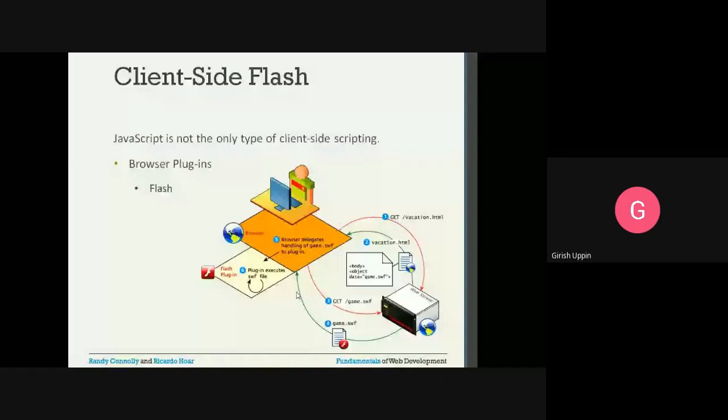Then the browser delegates the handling of this file, game.swf, to the Flash plugin. The Flash plugin executes that particular file. So that is how client-side scripting works for the Flash plugin.